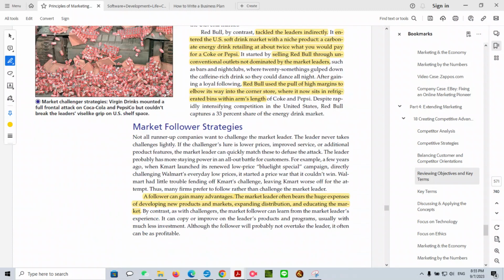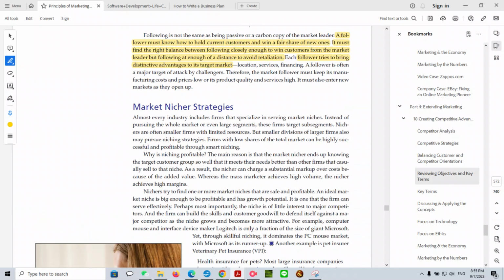As we talked about before, the market nicher strategies specialize in serving the market niche. This is their own specialty. Instead of pursuing the whole market or even large segments, the firms target sub-segments, otherwise known as niches. Niches are often smaller firms with limited resources, but smaller divisions of larger firms also may pursue niching strategies. Firms with low shares of the total market can be highly successful and profitable